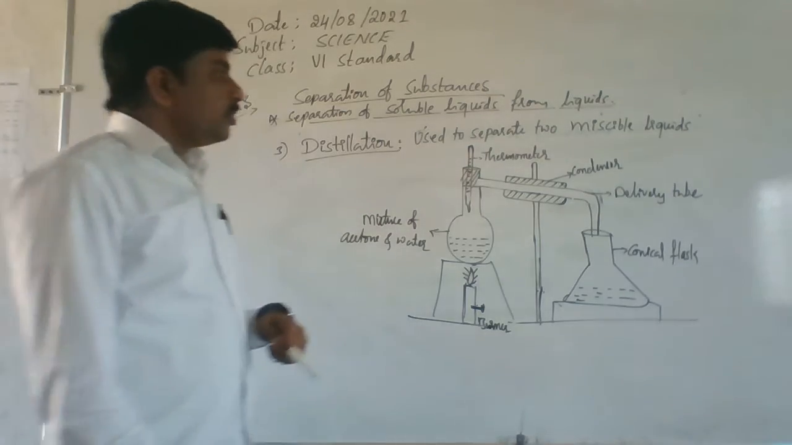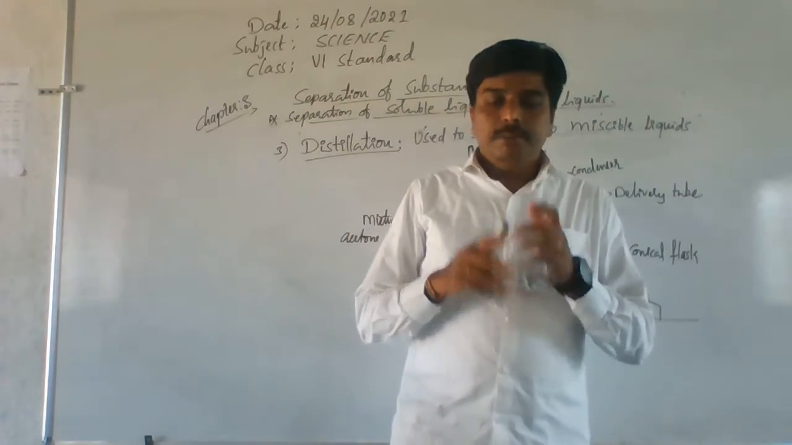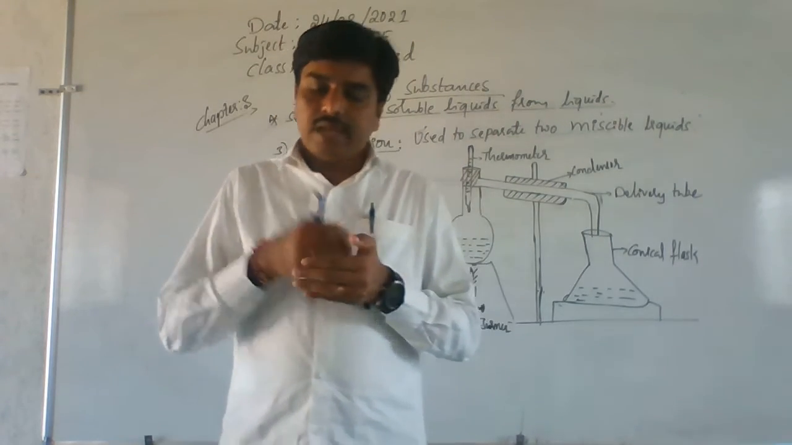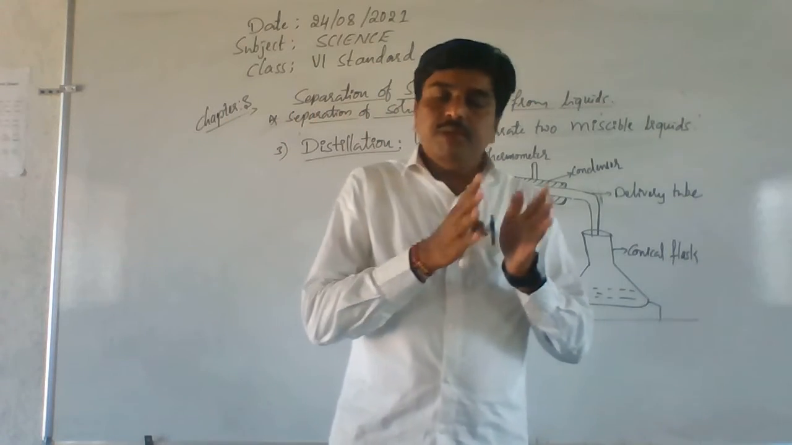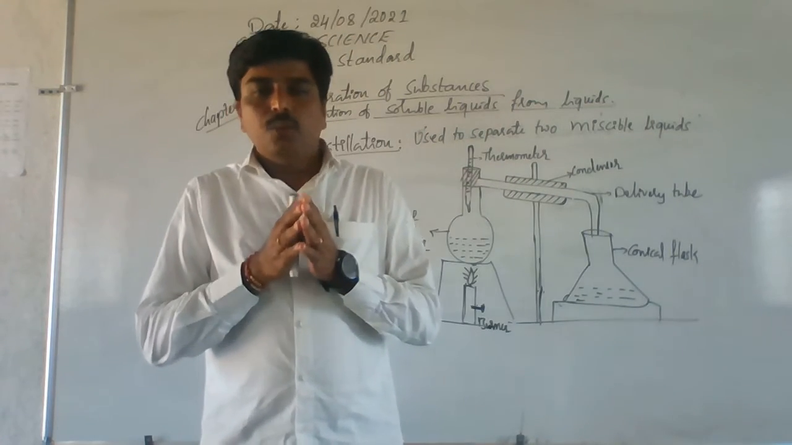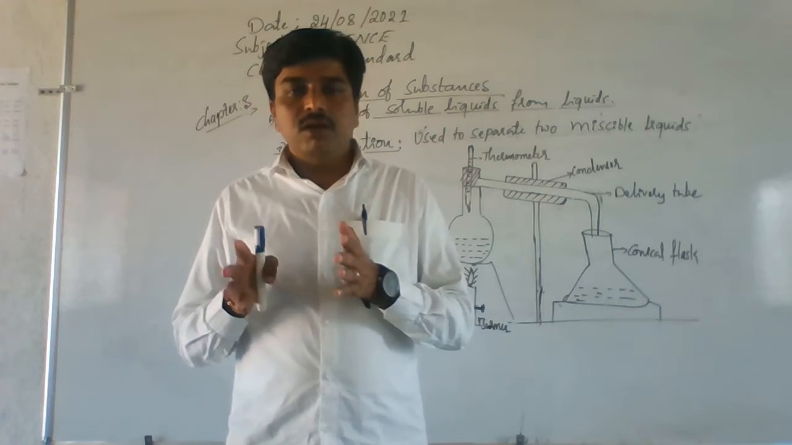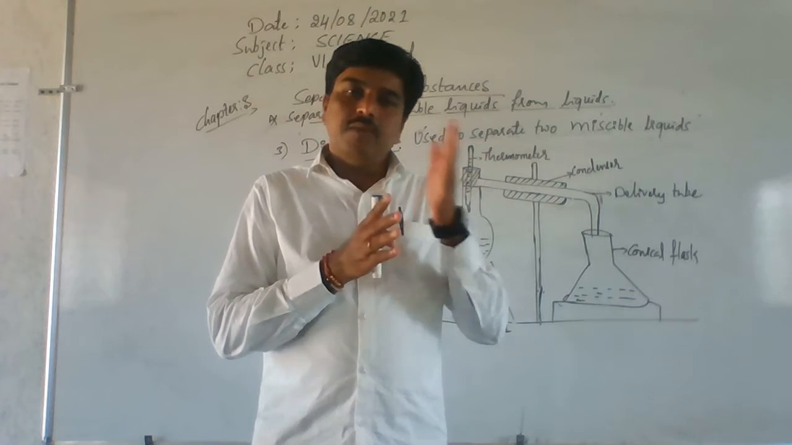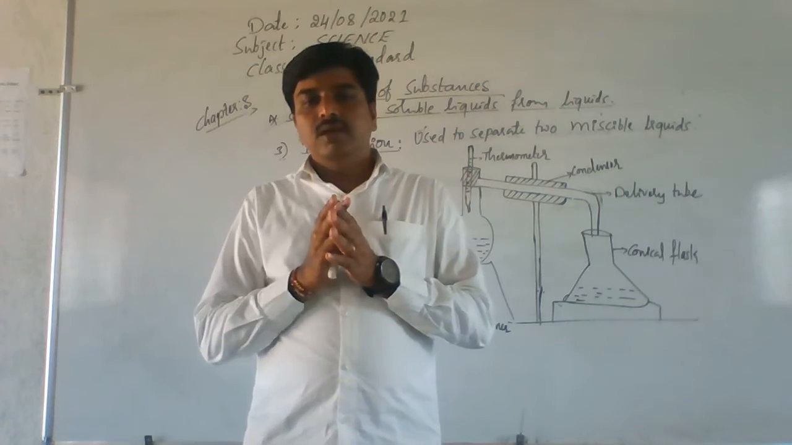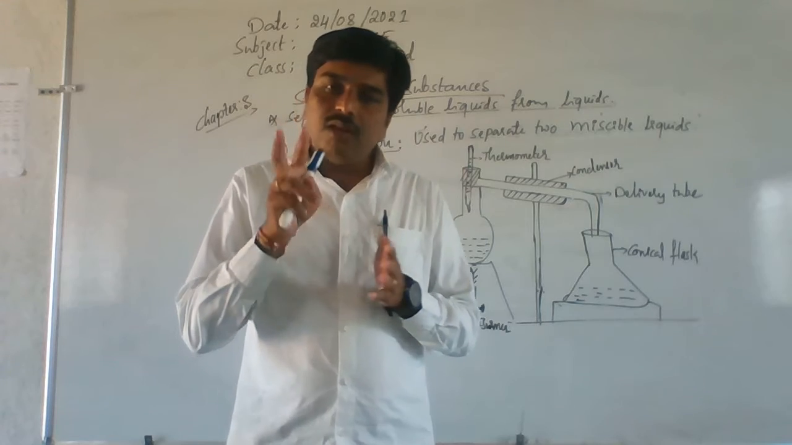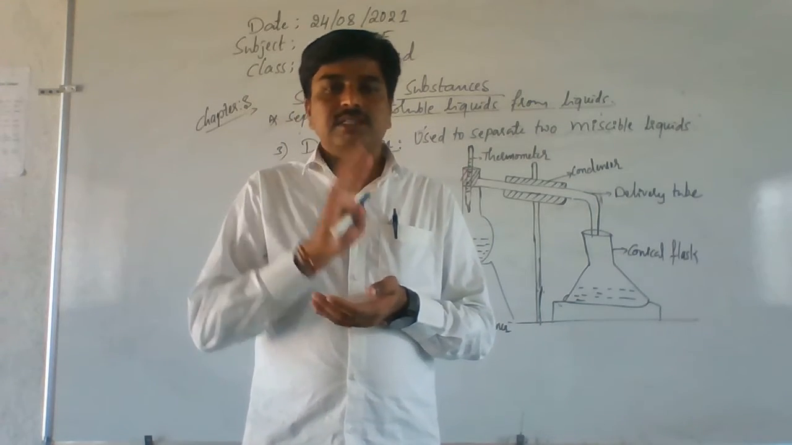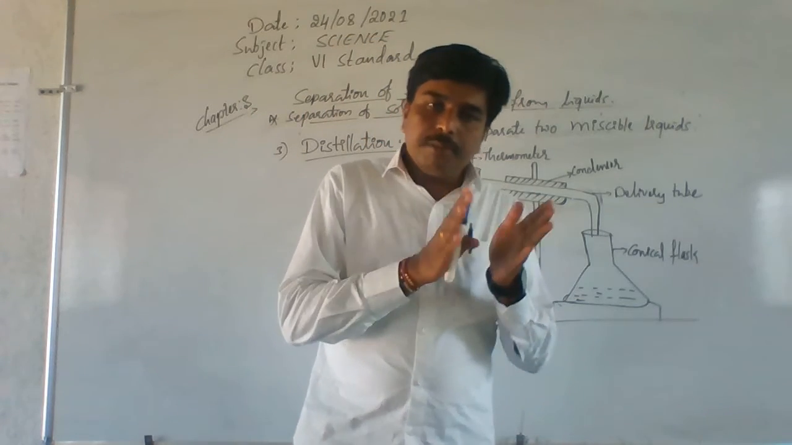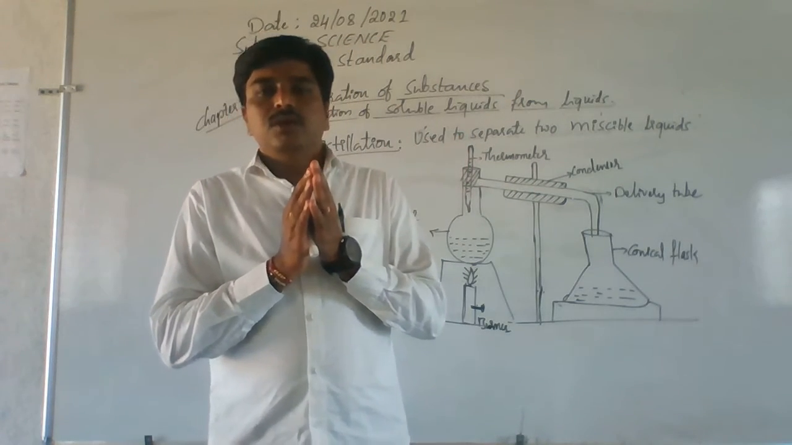How, sir? Let's see. Once again, I repeat: miscible means the two liquids can mix with each other. The two liquids which cannot mix with each other are called immiscible liquids. Miscible liquids, best example, acid and water. Acids can easily mix with water. Oil and water are called immiscible liquids because oil cannot dissolve in water. Understand? To separate miscible liquids from a mixture,